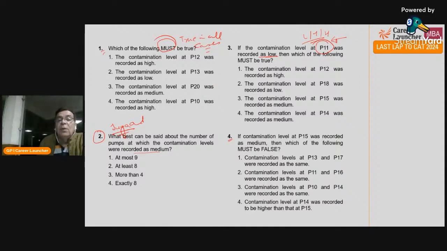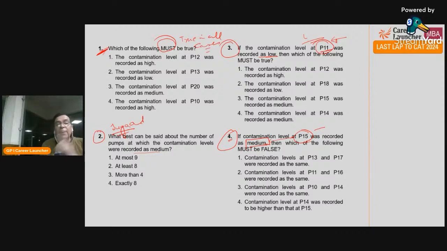Similarly, question number 4. If contamination level at P15 was recorded as medium, same. P15 could be multiple cases. We are looking at one case where it is medium. So as compared to question number 1, which is expecting me to look at all possible cases, question 3 and question 4 are asking me to look at a specific case. P11 is low and P15 is medium. So I need to create that case where first I'll put P15 as medium and P11 as low